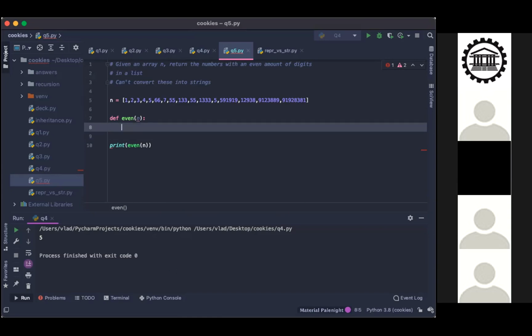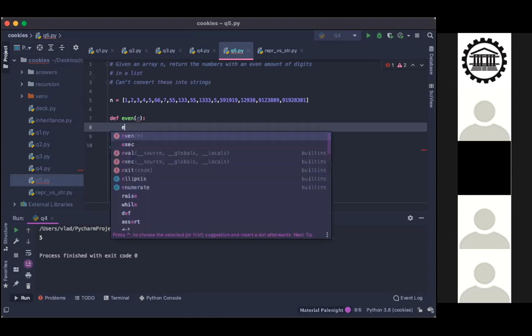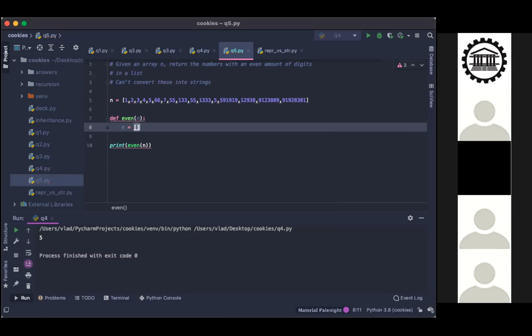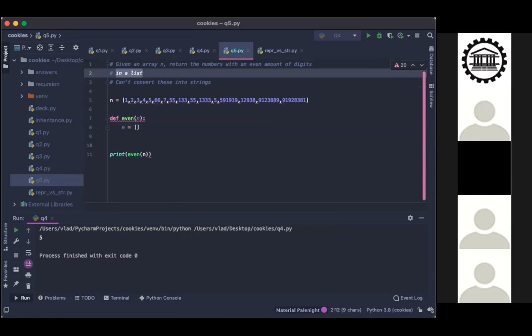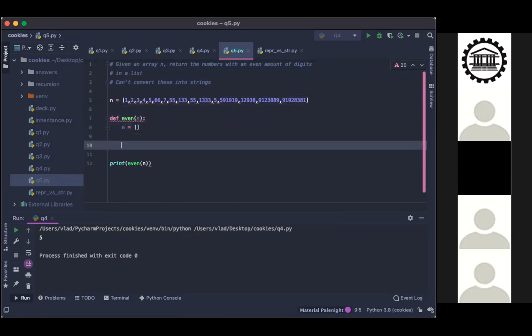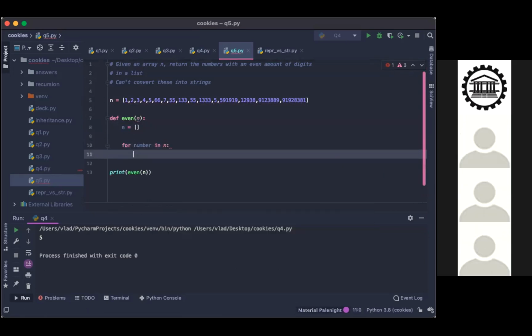I can start this off. First, what we would do, we would create an empty list because we have to return a list. Says right here. Then we go and we loop through. So for number in n. Here's what I would do.